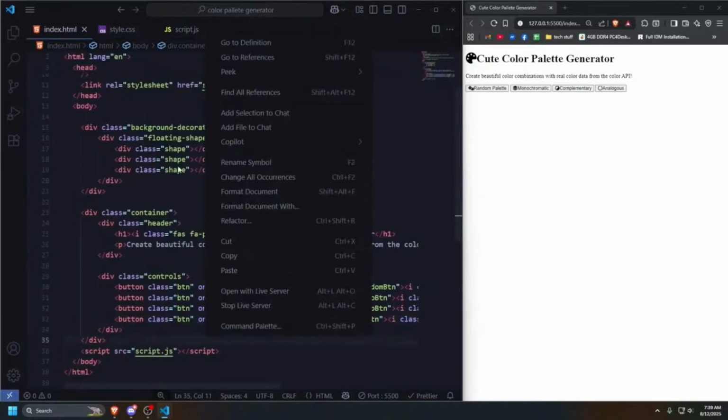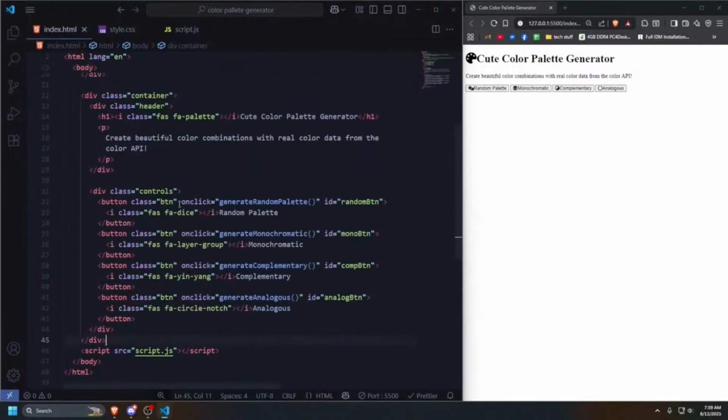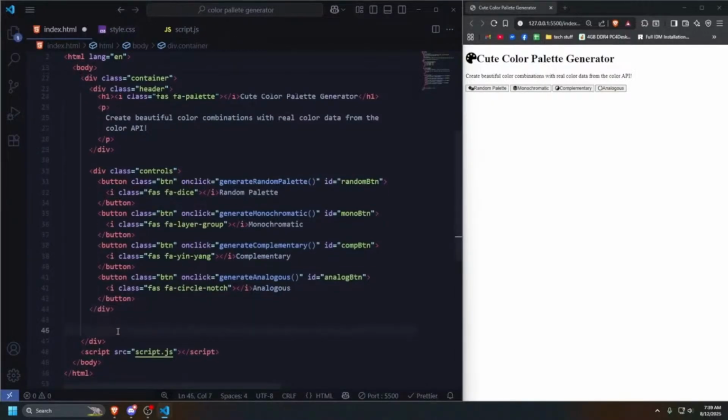Now, for my document, that is our controls div. It looks pretty okay. Obviously we'll style it in a bit, but for now that's our controls div. Next is the error message. We also have to make the error messages, right? So this will basically be the div that will show the error message to the user. I'm going to give a class error message, and I'm also going to give an ID error